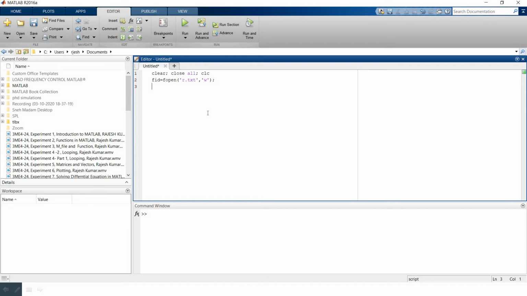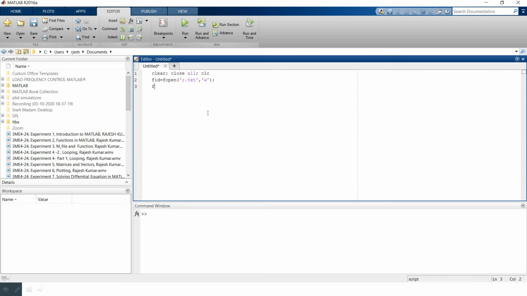So now this is created. Now what we will do is write something within the file. A notepad file will be created, and in that notepad file we'll write some comments.